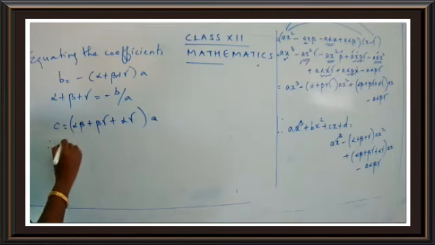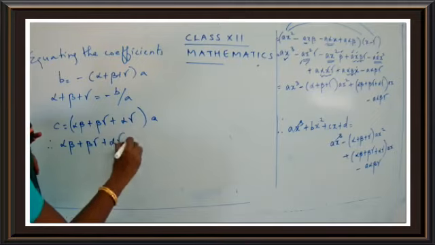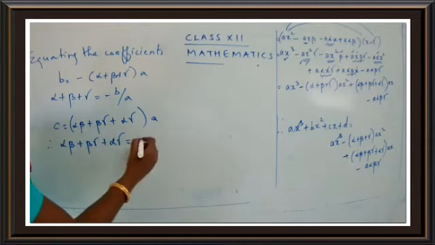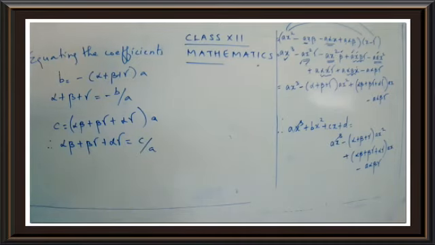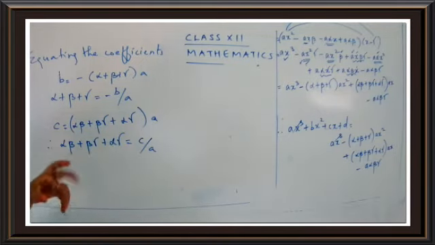So what is the value of alpha beta plus beta gamma plus alpha gamma? You have a positive sign, so no need to worry at all about the sign. So the answer is C upon A. So what is the value of alpha beta plus beta gamma plus alpha gamma? It's C upon A. For the quadratic equation, the previous thing that we have done, we have just found the value for the sum of roots and also the product of roots. Yes?